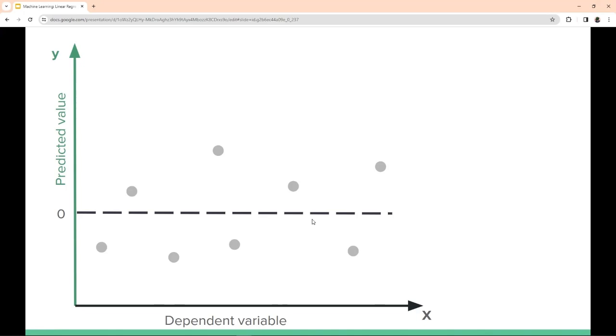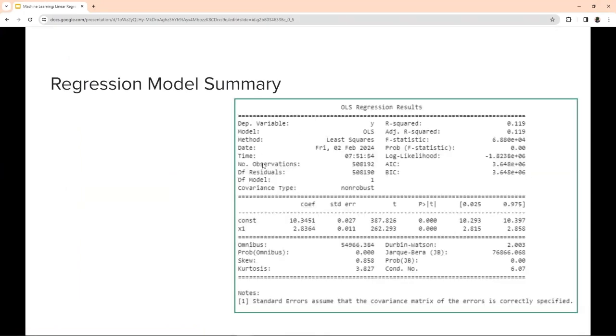Okay, so now that we've spoken about all of this, this plot is from Python, and we will go into Python later, but I just wanted to show you this so that you have an understanding of what's happening. This is a summary result of a linear regression model. The first thing we should look at is the coefficients. This over here is our constant, which is our B0, and this is our feature coefficient. You can see the two values there. These are the estimated coefficient values of the fitted regression line, right? So that's how you read that. This is your B0, B1, or A0, A1. And then depending on how many